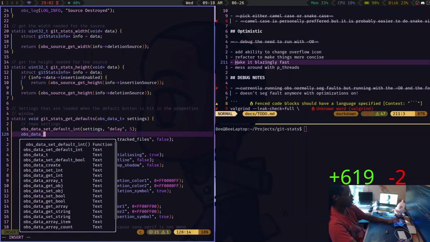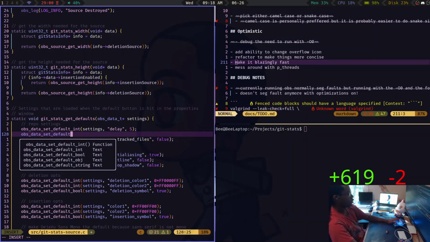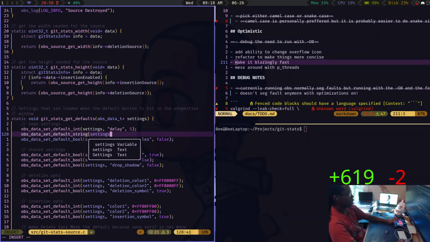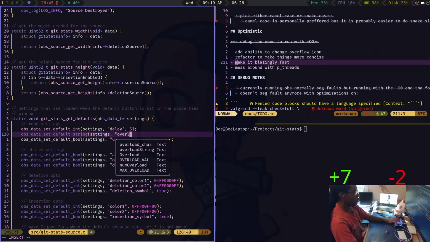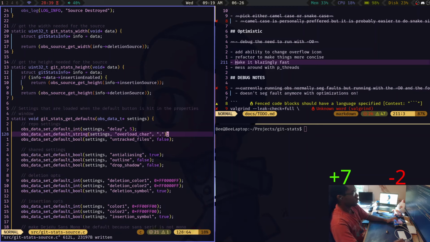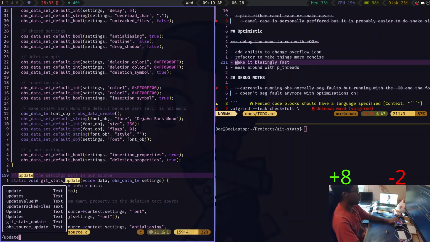OBS data set default string in settings. We are looking for overload character, and we want that to be a default of period, right? So now when we update,